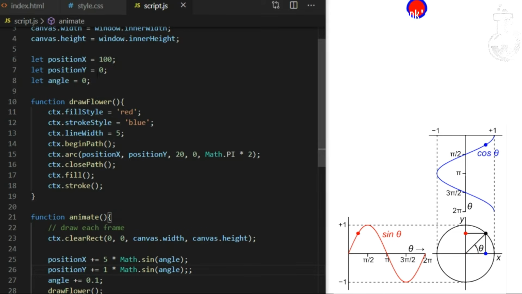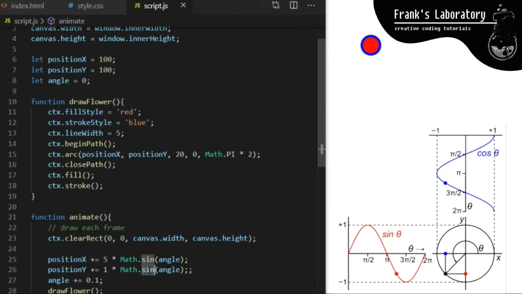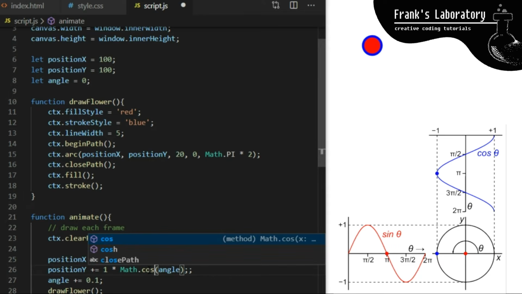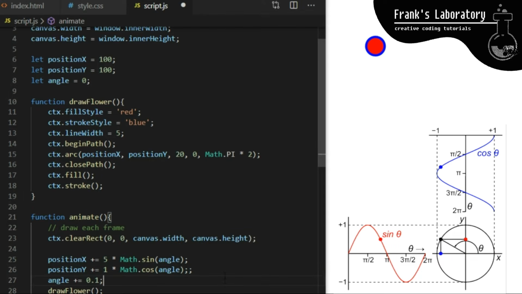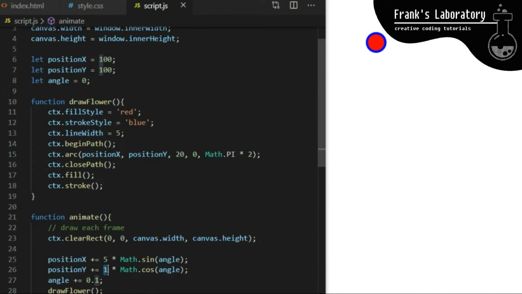If I want a circular movement, I need to change sine to cosine. Sine and cosine work together in sync to map a path along a circular area. Cosine is the same as sine, it's just returning the opposite value from the range between -1 and +1. Don't worry if you can't understand this 100% yet. All we need to know for this effect is how to use these methods. It will make more sense if you use it more than once. So if I change 1 to 5 on line 26, our ellipse path will change into a perfect circle, like this.